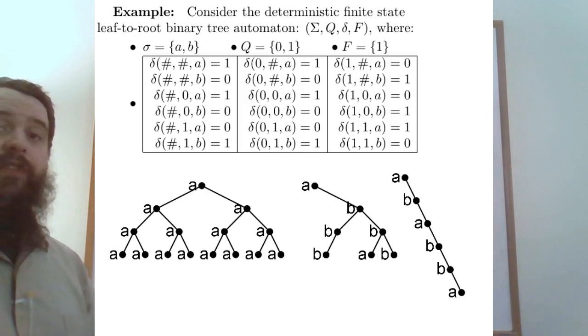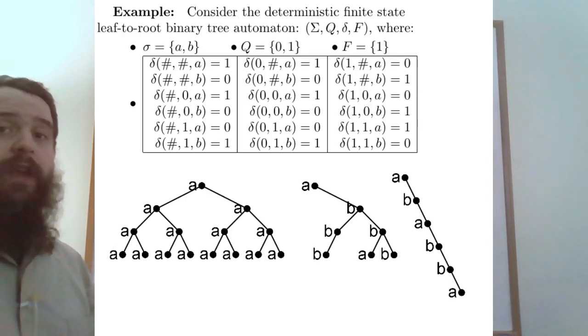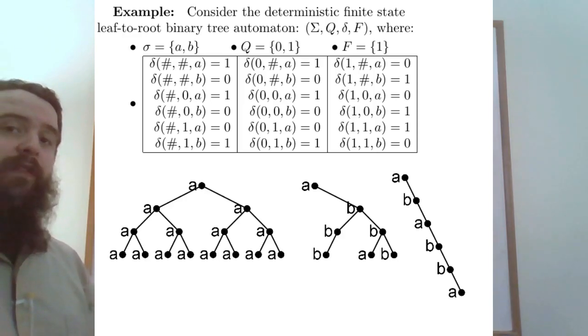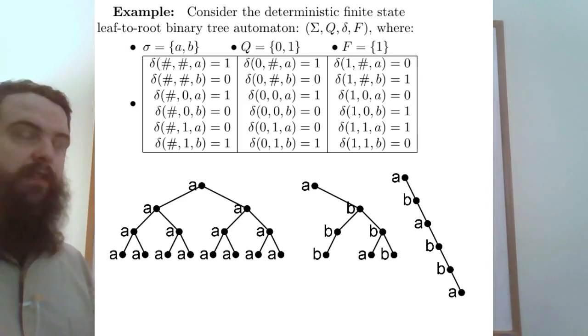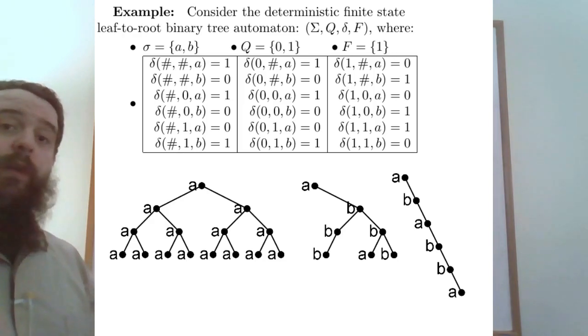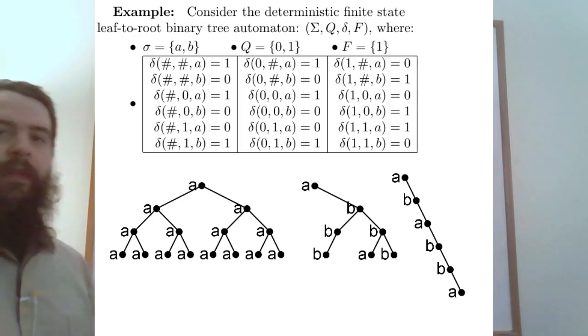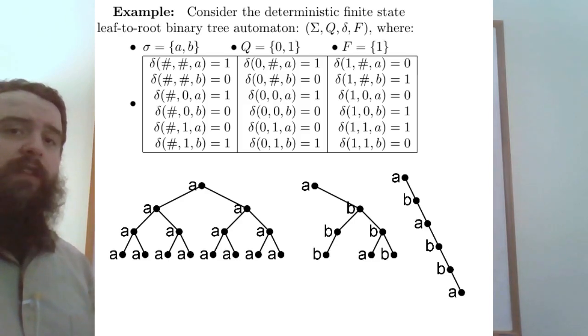It's really helpful to go through some examples on your own, so I'll give you a moment to pause the video and try to work out what happens if we run these particular trees through this particular automaton. What states do we associate to each of the nodes? That is, what does the run look like? And do we wind up accepting or rejecting? And for a slightly more advanced challenge, can you work out what this automaton tells us about a particular tree?